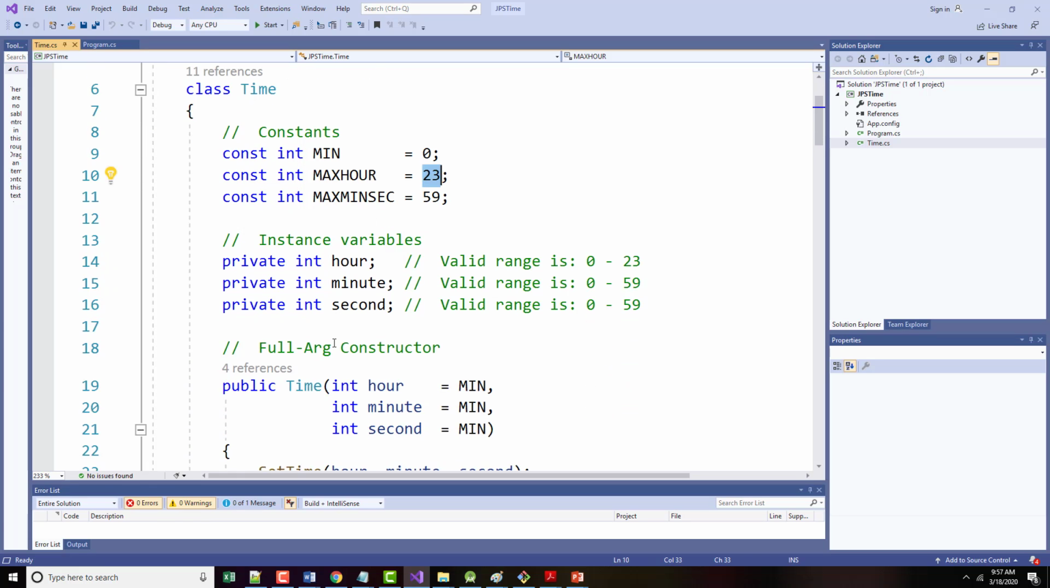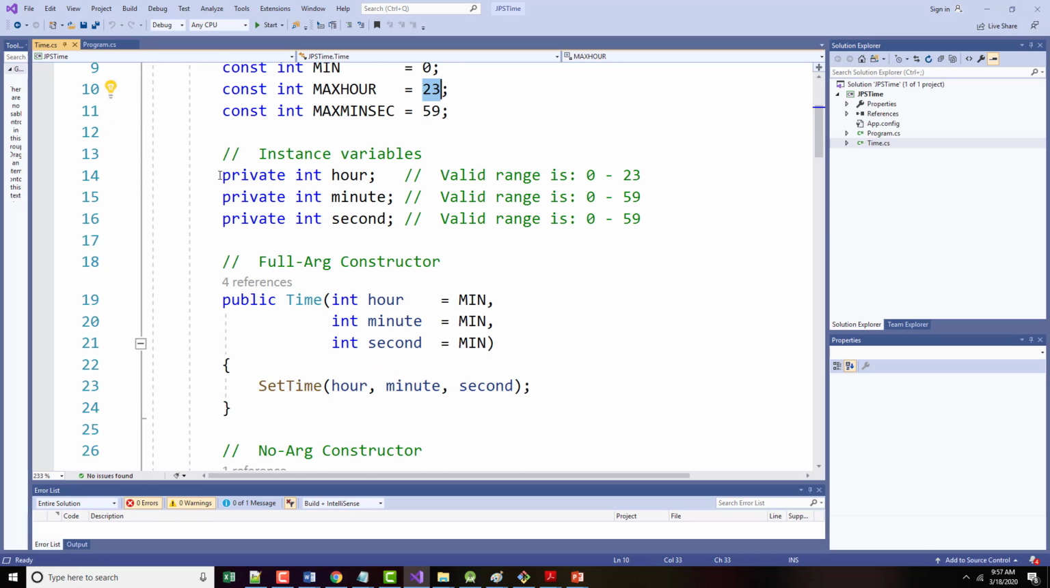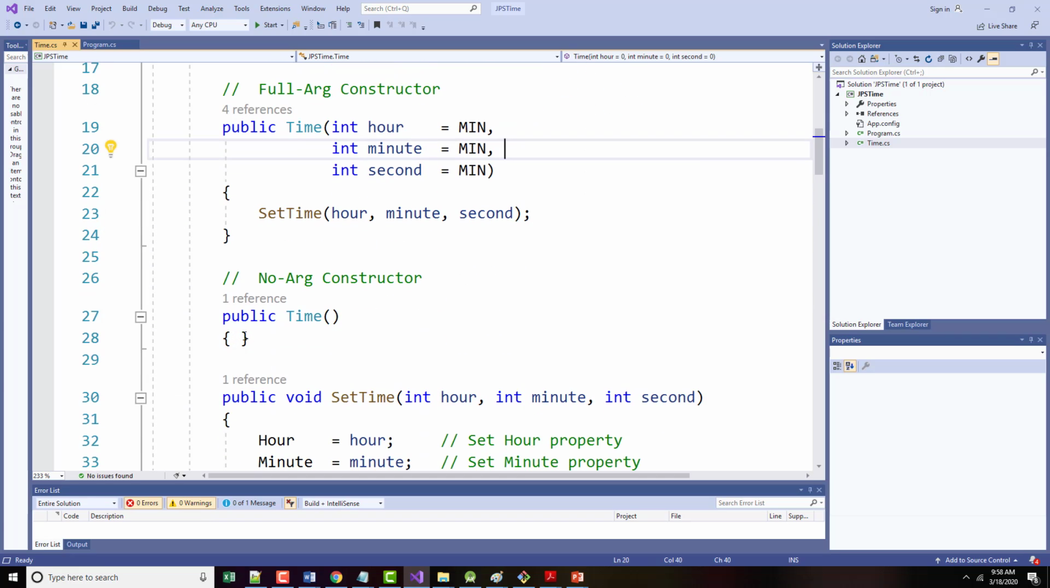Okay? Then we set this up as these being our private instance variables. So every time we create a time, those times will have 3 components: an hour, a minute, and a second. If we come in and attempt to create a time in here,